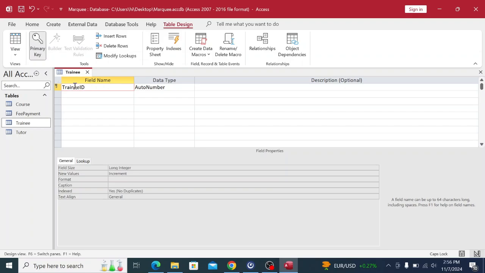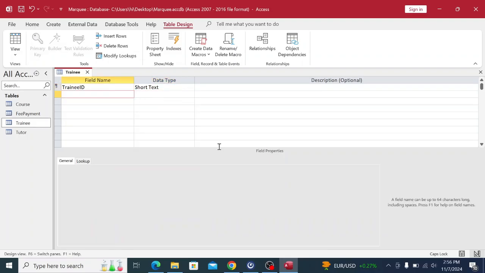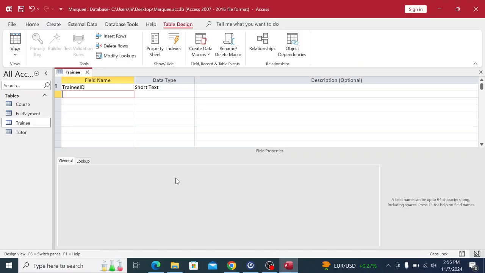Trainee ID also is short text. Then we can just confirm trainee ID is a short text. Trainee name also short text. Course ID, trainee name,